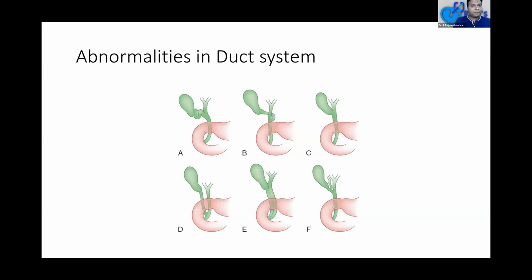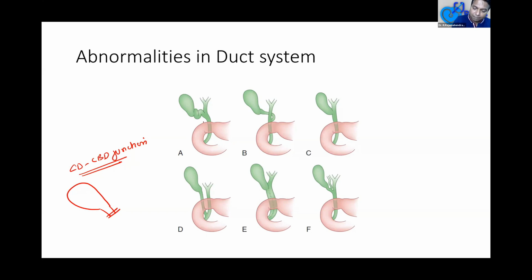That is why my professors, when we are going for training, they always tell us, don't try to dissect the cystic duct up to the junction. Cystic duct CBD junction, we will never dissect up to this place in laparoscopy. We dissect only the gallbladder with the cystic duct and we put a clip there. We will not try to remove the entire cystic duct.